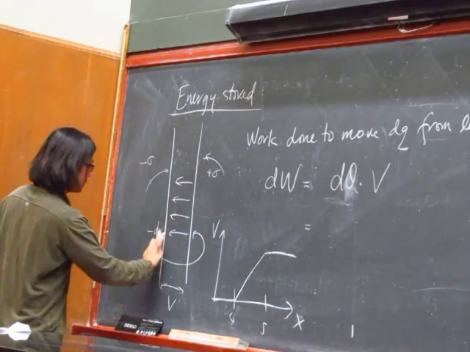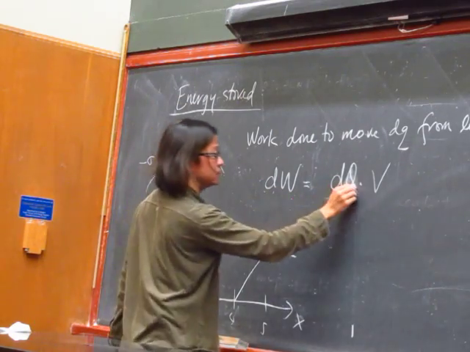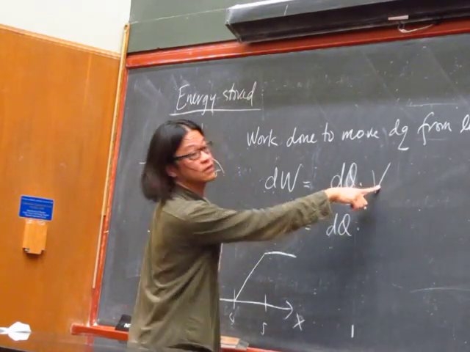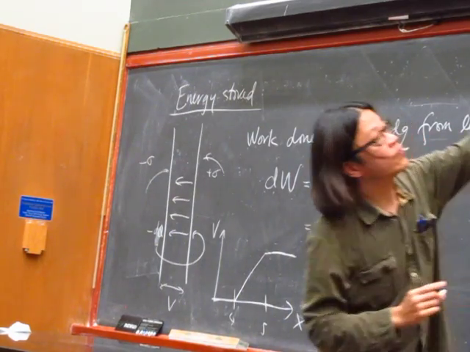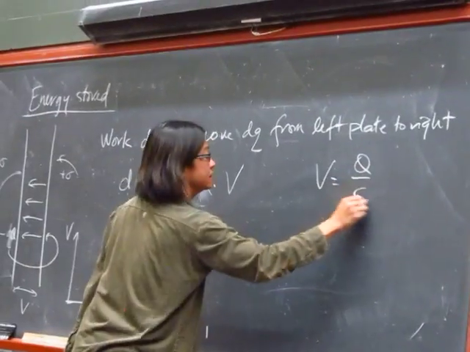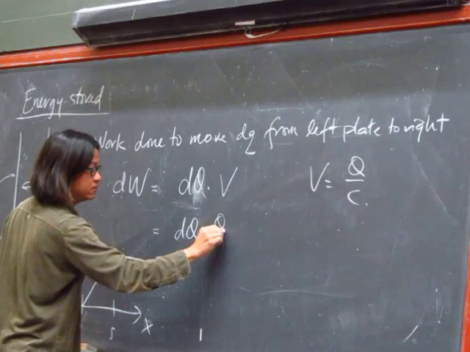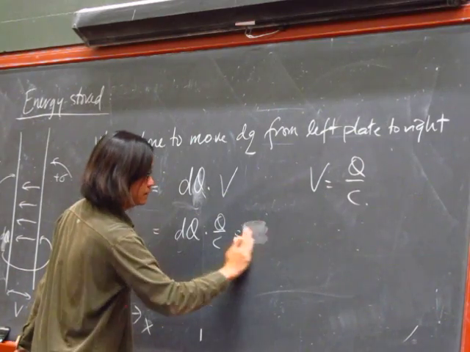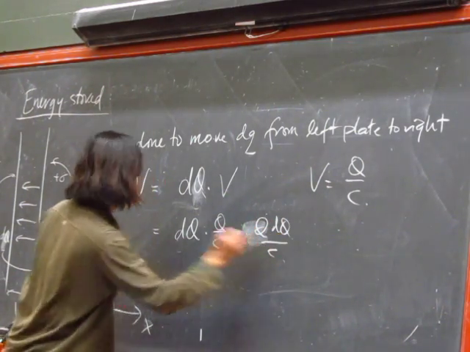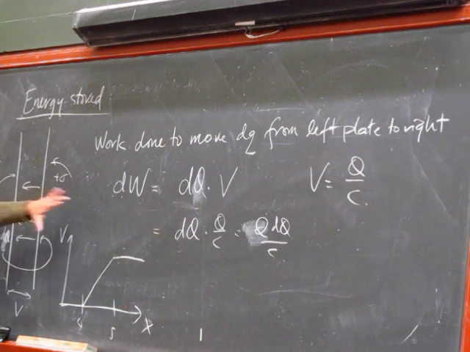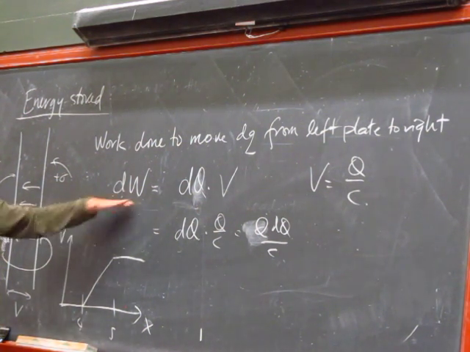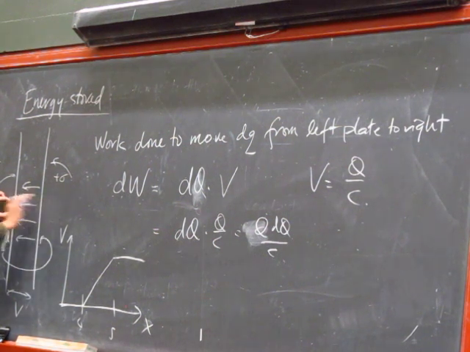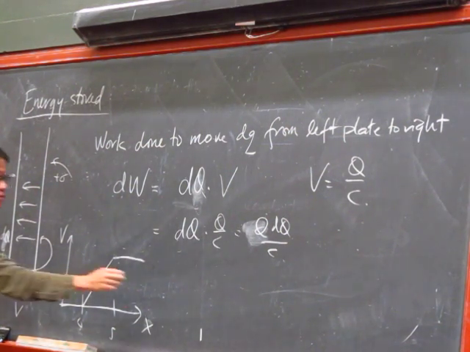So this is just dq times the potential, but from the definition of capacitance, the potential is Q over C. So this is Q over C. I can build these capacitors by integrating the work from zero charge to a build-up of a charge of minus sigma and plus sigma on the other side. So the total work